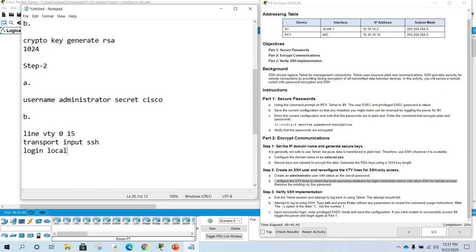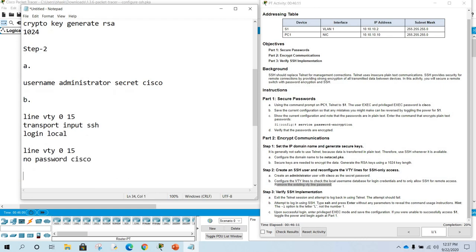There is one more thing here: remove the existing VTY line password. It means you have to remove the previous telnet password. So line vty 0 to 15, no password Cisco, because previously we configured the telnet password as Cisco, so it is already pre-configured.